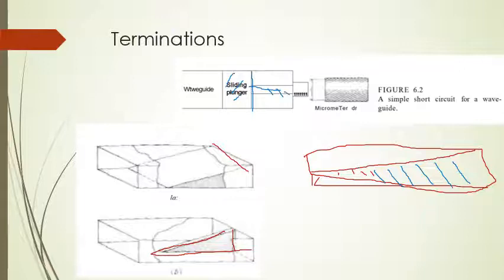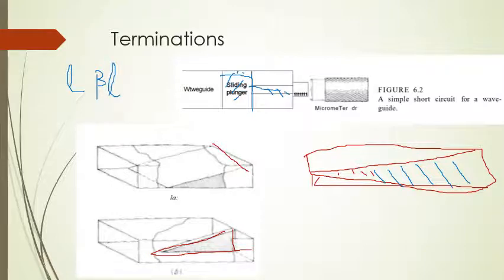The problem that people normally face when building such a short circuit was that this type of block does not get a snug fit. Snug fit means we cannot afford to have any space between the two. Otherwise, what happens? There is always a phase difference between the physical short circuit and the electrical short circuit. I hope you understand this, because we always have a physical length and an electrical length, right? L is just called a length, but when it is electrical length, we say it as beta L. Like that, we have a physical short circuit and an electrical short circuit.